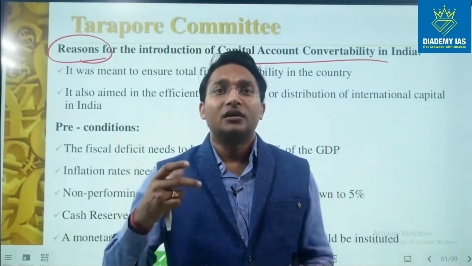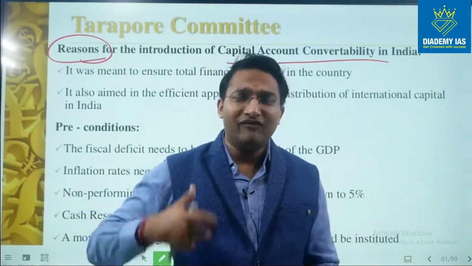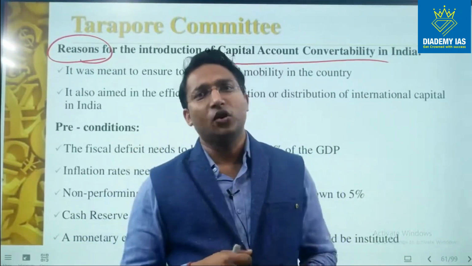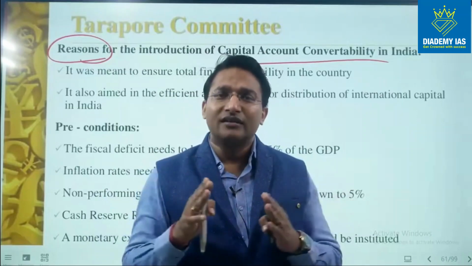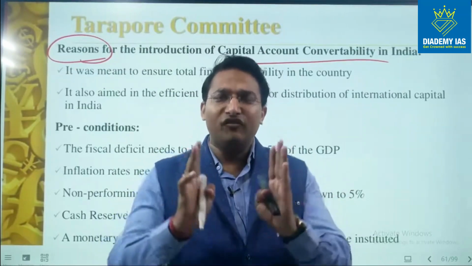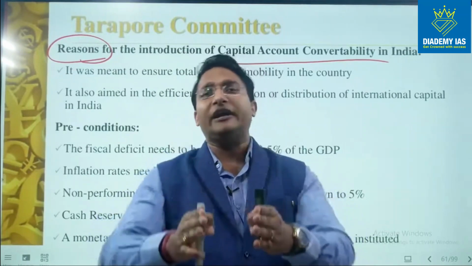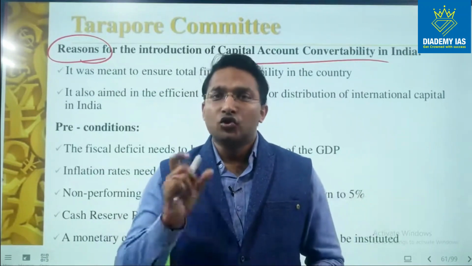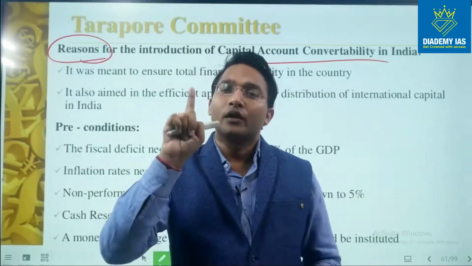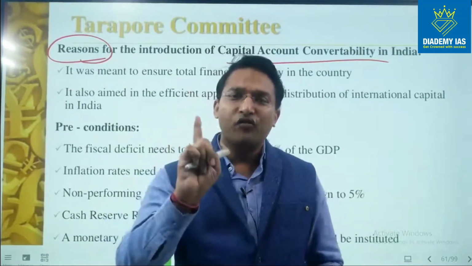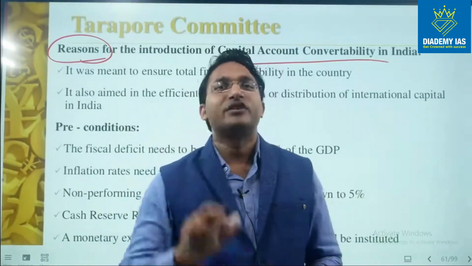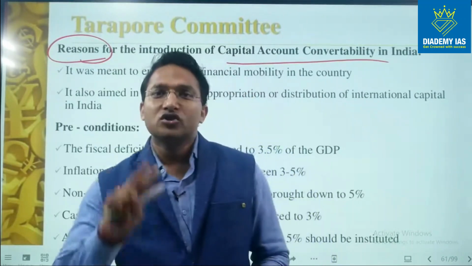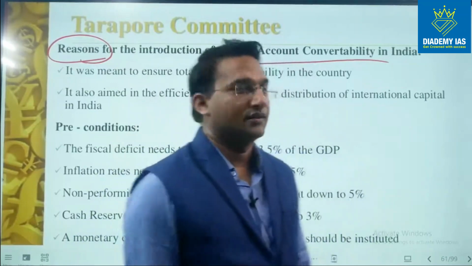That means the cost of production comes down. And when cost of production comes down, we can export the products because our cost of production is less, therefore we can sell at low price. If we can sell the products at low price in the foreign country, then our export can increase, right? So two major aspects. One is the financial capital coming from the foreign countries for the domestic projects. Second, the money coming from the foreign countries at low cost, right? So these are the two prime considerations.